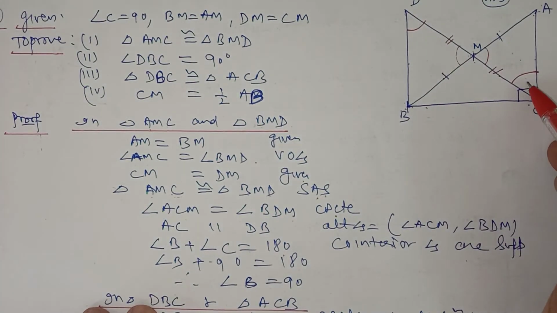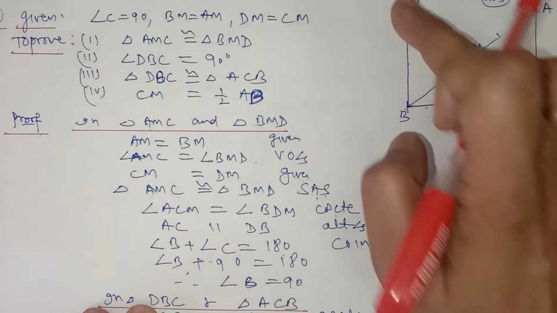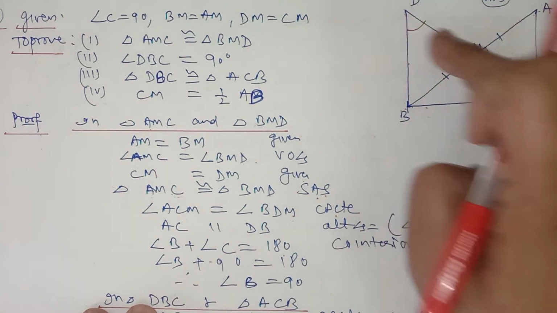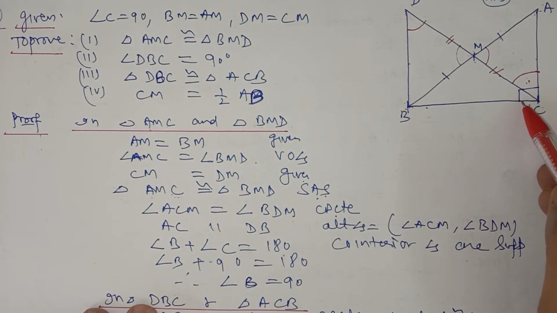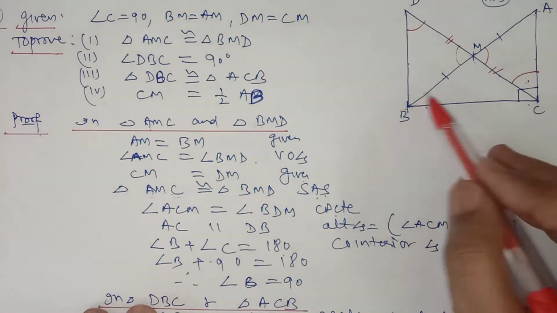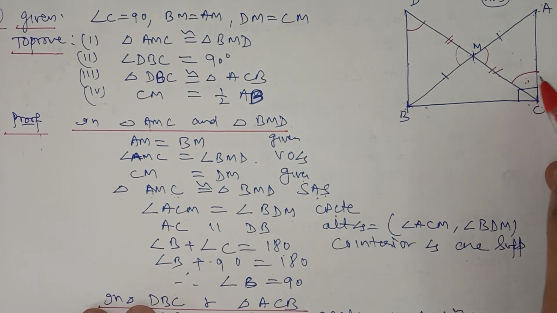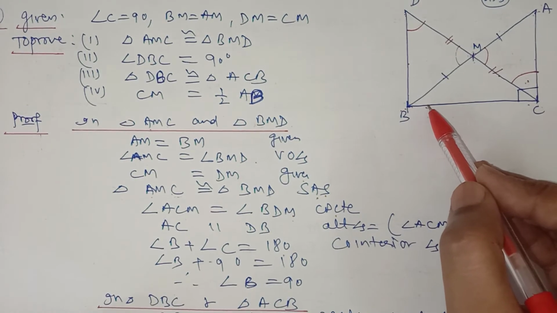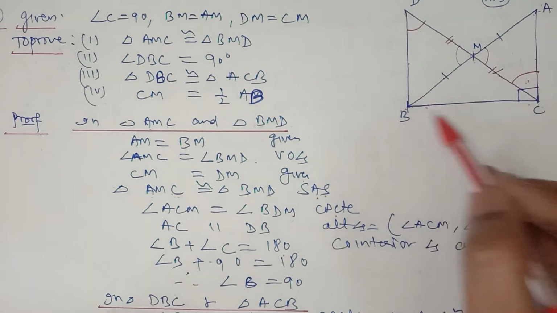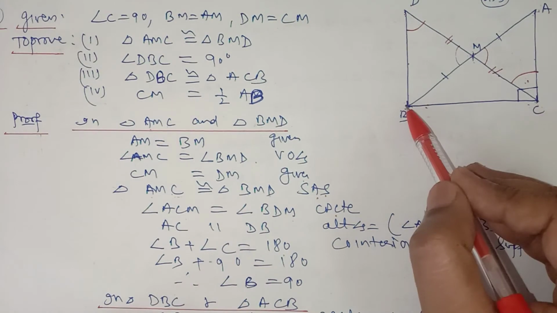So this is the second part we had proved, that this angle is equal to 90 degrees. First of all, we had proved that these two angles are equal by corresponding parts of congruent triangles are congruent, and because these are alternate angles, this line will be parallel to this one. The sum of these two angles is equal to 180 degrees because they are co-interior angles. When the lines are parallel, the co-interior angles are supplementary, so this angle will come out to be 90 degrees.